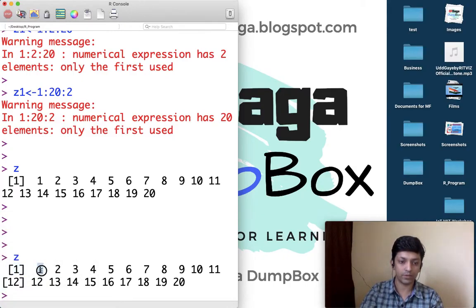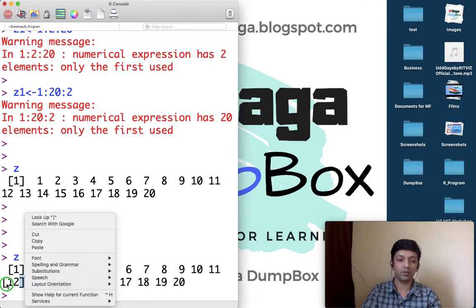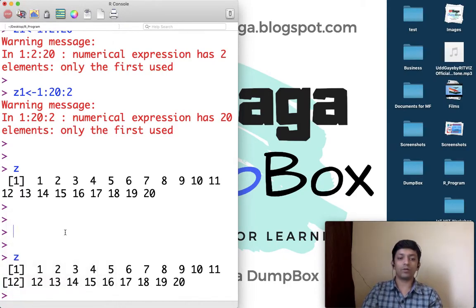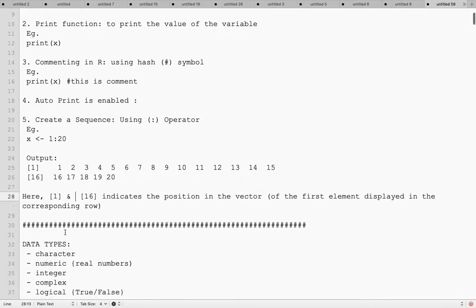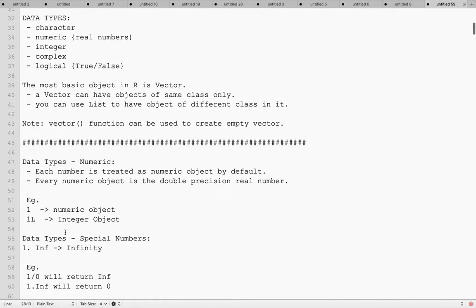So this is the first element in the sequence, that's why 1. This is the 12th element in the sequence, that's why it is 12. That's it guys. After that we'll talk about the data types.